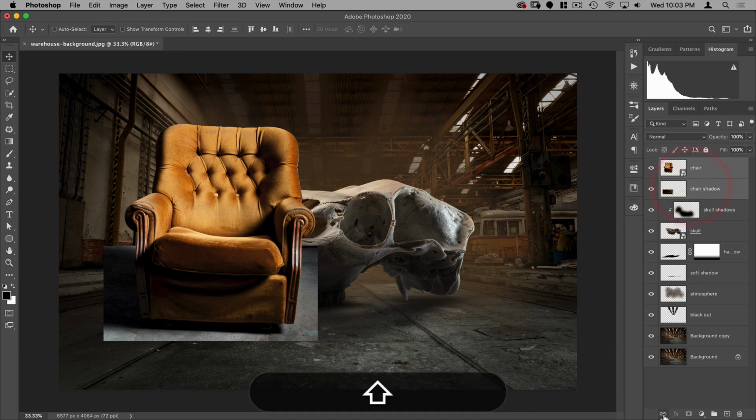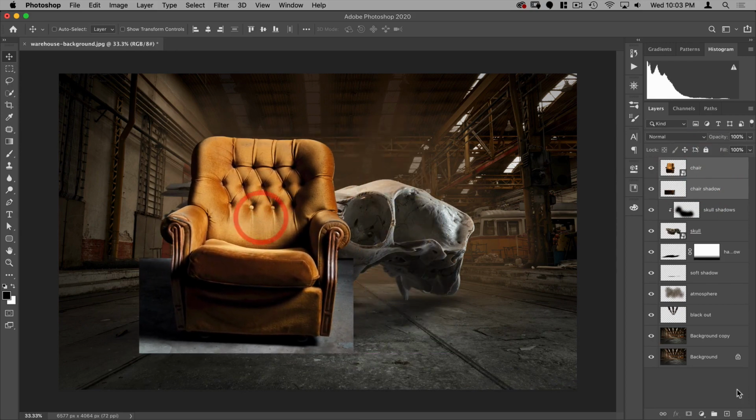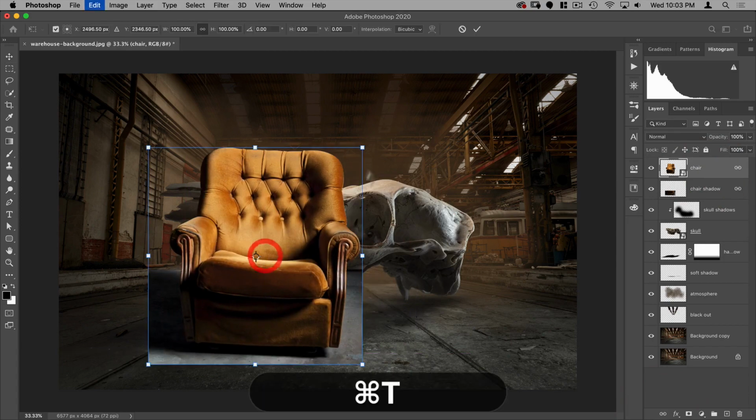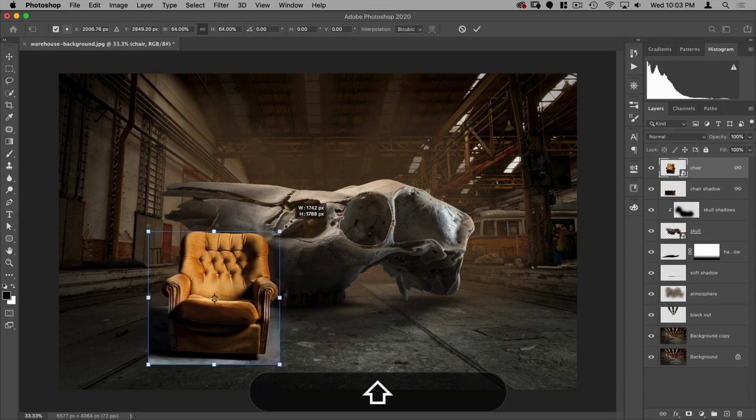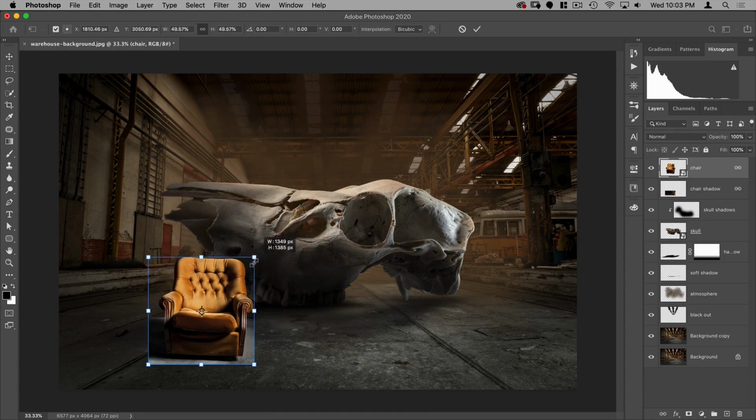And what we'll do is we'll link these. So linking essentially is like having more than one layer selected. So right now, if I select both layers and move them around, they'll always be attached. But if I link them, I can just have one layer selected and they will both still perform as if they were both selected at the same time. So that's what that little link tool is for. So that looks pretty good. I'm going to straighten it out just a tiny bit like this.